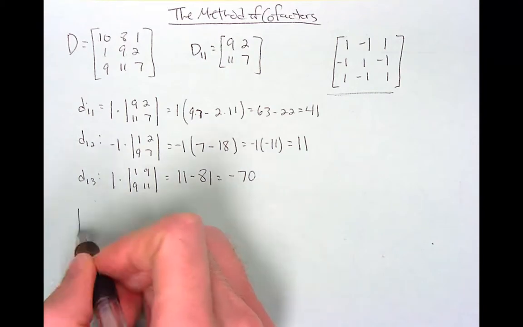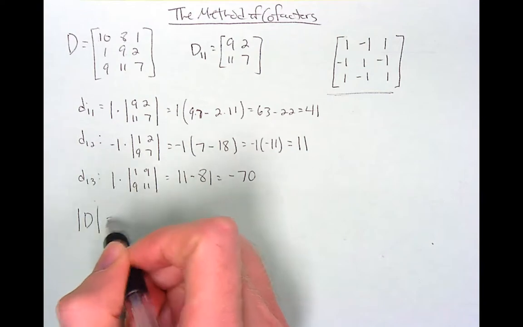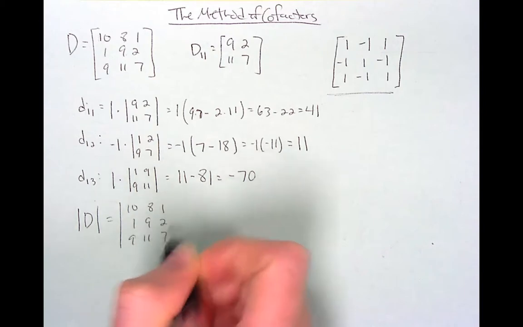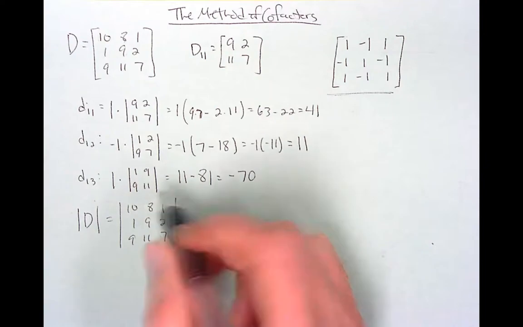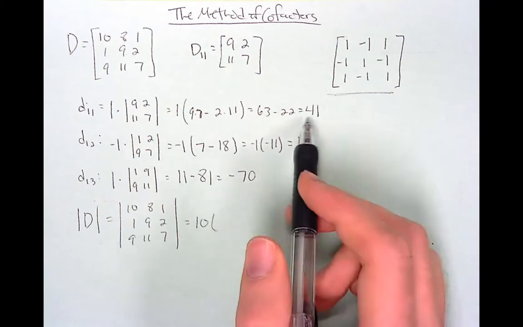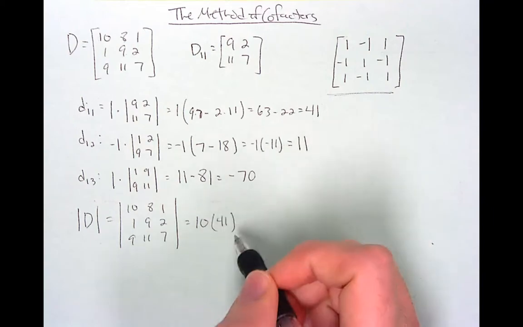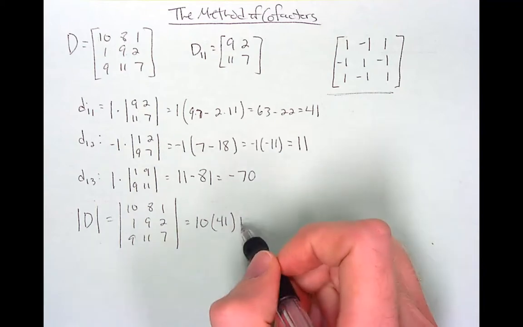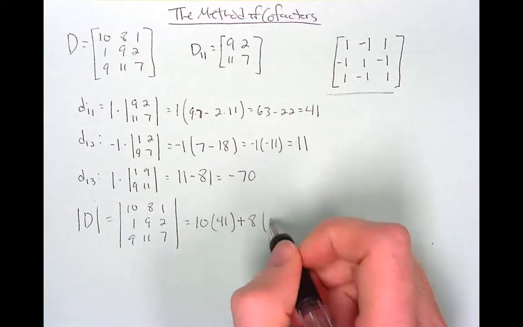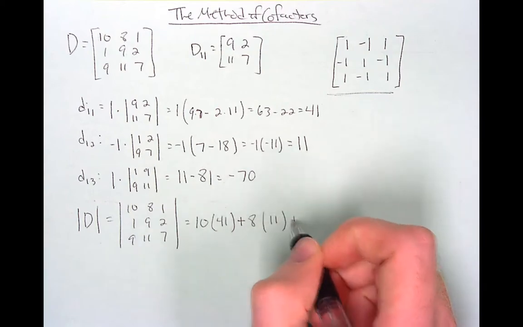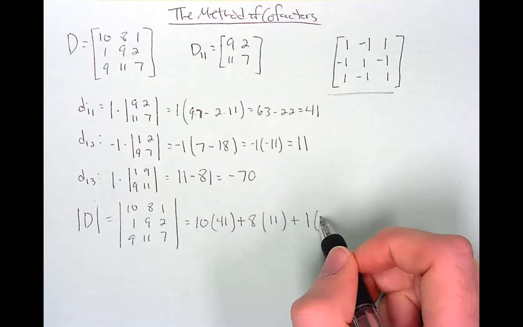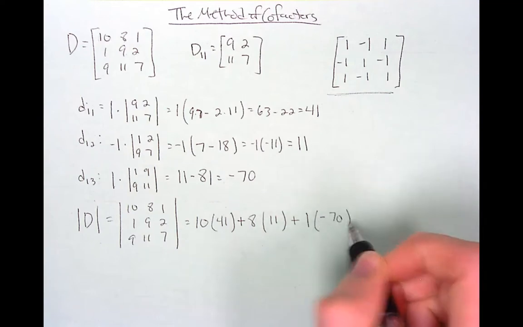So the determinant of D, 10, 8, 1, 1, 9, 2, 9, 11, 7, is going to be equal to this first element, 10, times its cofactor, 41, plus this next element, 8, times the cofactor, which we found to be 11, plus its last element in the selected row, which is 1, times its cofactor, negative 70,